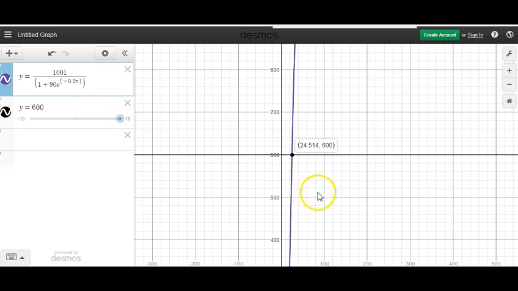So once you get those two functions typed into your Desmos graphing calculator, you can zoom around again until you find where they intersect. And in this case, by clicking on the dot, I see that it's at exactly 24.5. So your answer on that last question, depending on how they ask you to round it, if they say to the nearest tenth, for example, you would say 24.5 years from the starting value, or 24.5 years from now, if that's what they're asking. Or they may ask you to go to the nearest whole number, which in this case would just be